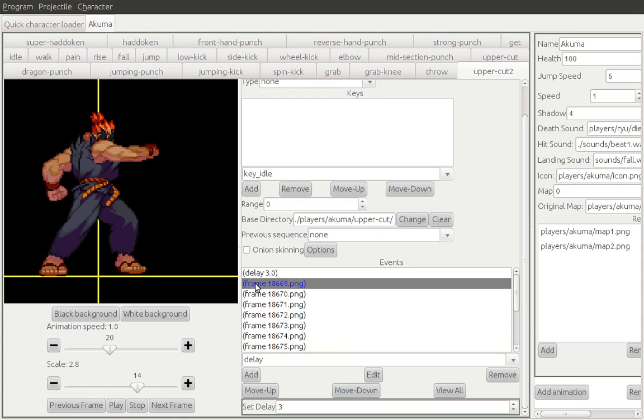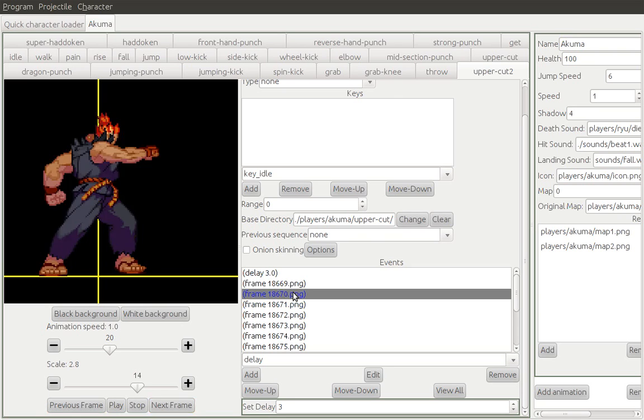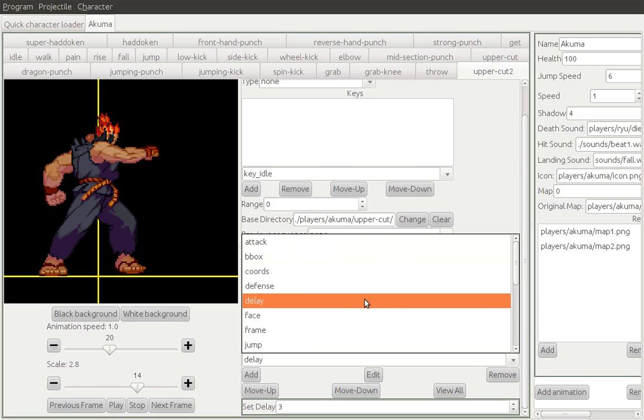Okay, so look at the first frame. We just assume that it's in the right position. You can move it around. But let's go to the next frame and align the next frame's feet with the first frame's. Actually, it already looks pretty good, so we'll leave that alone. But now if we look between these two frames, we can see he moves to the right a little bit. So let's move him back to the left. So we use an offset